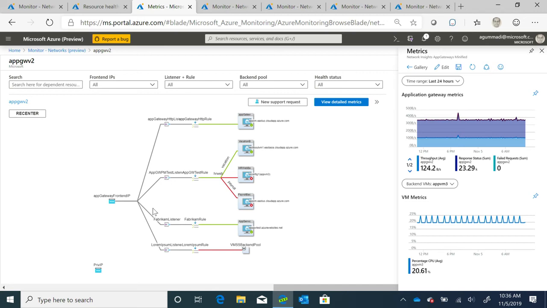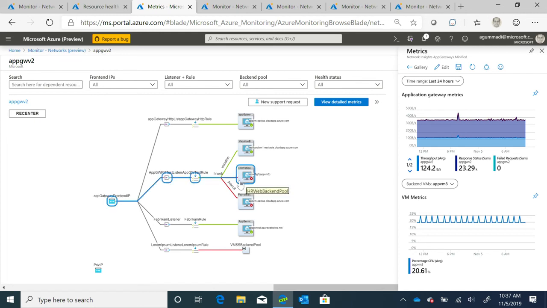Now, one of the challenges, if your question is whether the application gateway is functional, well, you have some of the application gateway metrics on your right. Now, you want to look at the health of the VMs itself. In this particular case, again, a work in progress, but if I wanted to run a particular tool, I no longer have to search for a tool or go to a different blade in the portal or run a different PowerShell script. The tools show up in the right context.